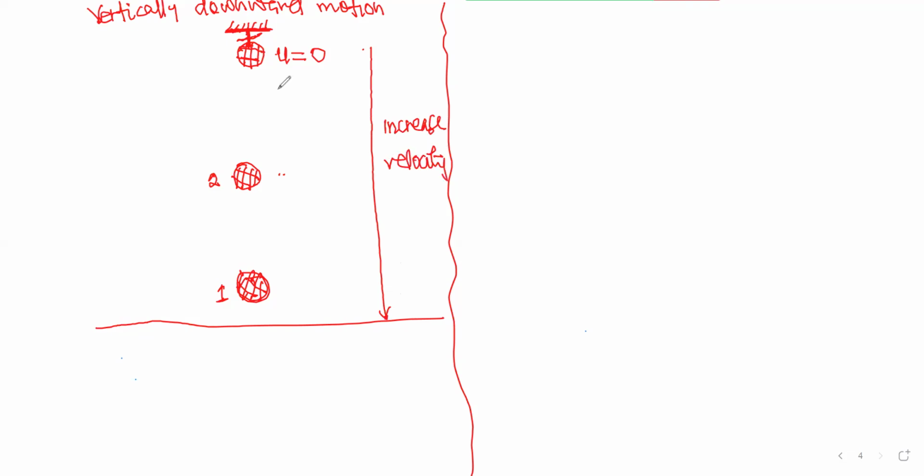So the velocity of the body at 1 is less than the velocity of the body at 2. Okay, at 2 is also less than at 3, and